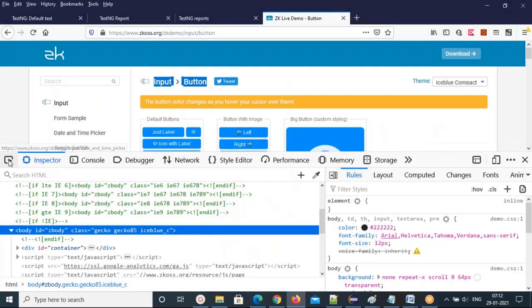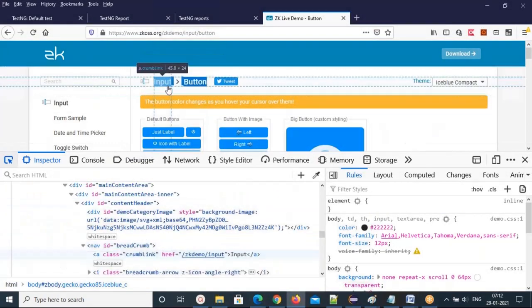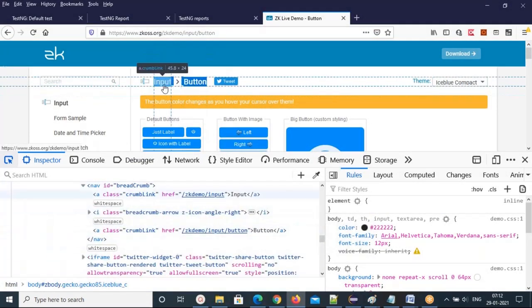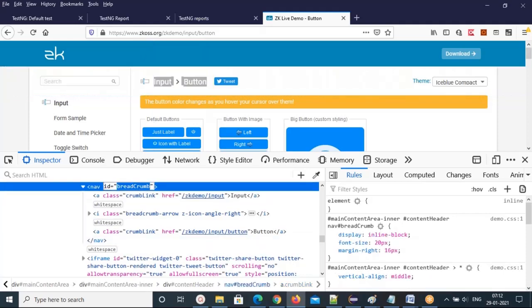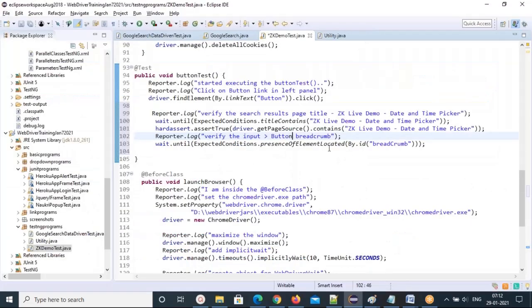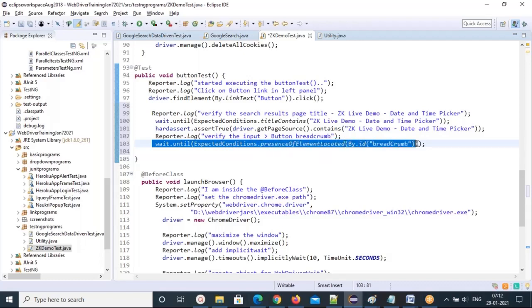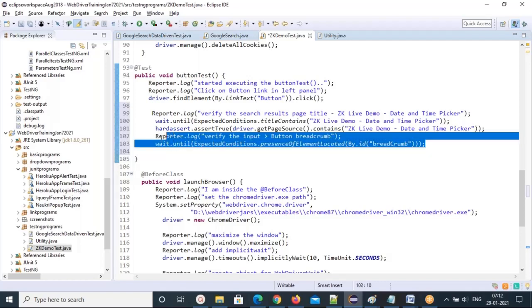You can see that it has the same breadcrumb. This is called breadcrumb. See that ID breadcrumb is there. This is the ID value I'm passing here. So wait.until(ExpectedConditions.presenceOfElementLocated(By.id), and the ID value we are passing. That's how we can verify that.